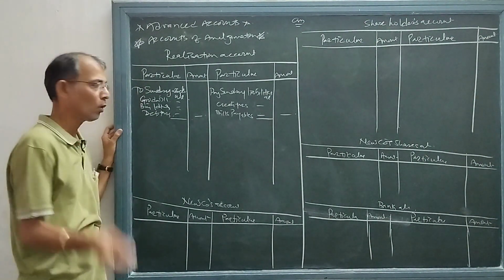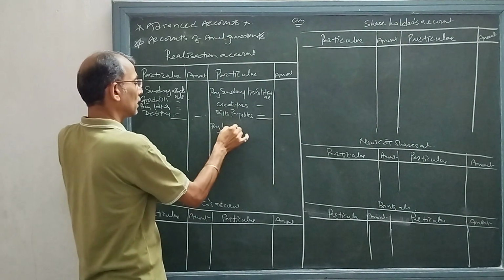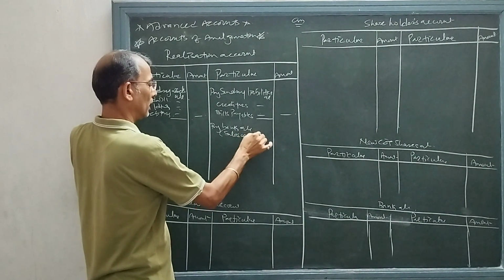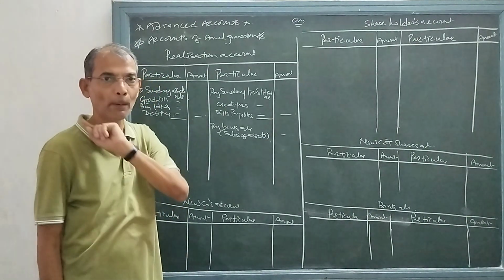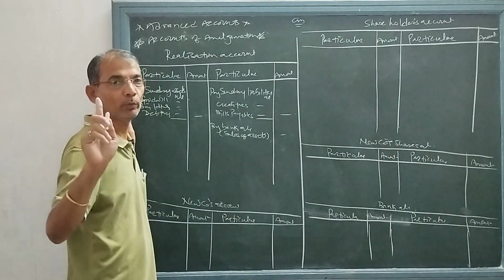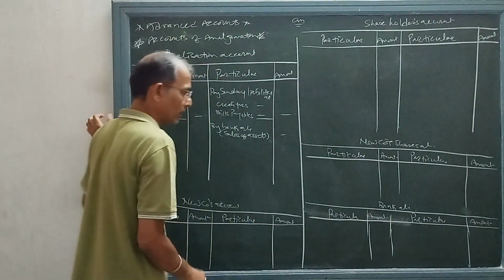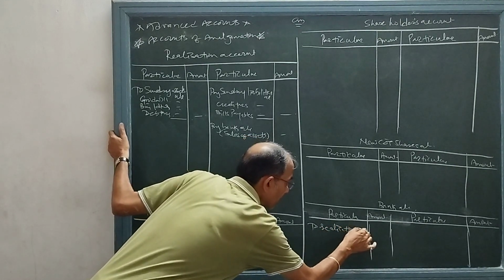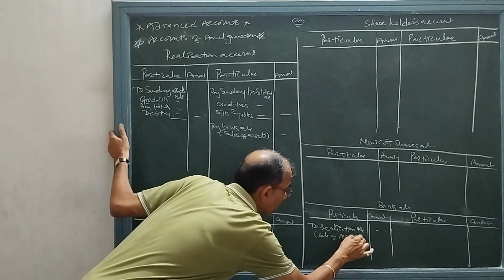Suppose some assets are not being taken by the new company, so the old company will sell them on its own. It will be written on the credit side of the realization account: By bank account, sale of asset, and that will be written on the debit side of the bank account. Before that, if there is an opening balance, that is to be written. If bank is to be taken by the old company, then you don't have to write the opening balance of the bank account. To realization account, sale of asset.